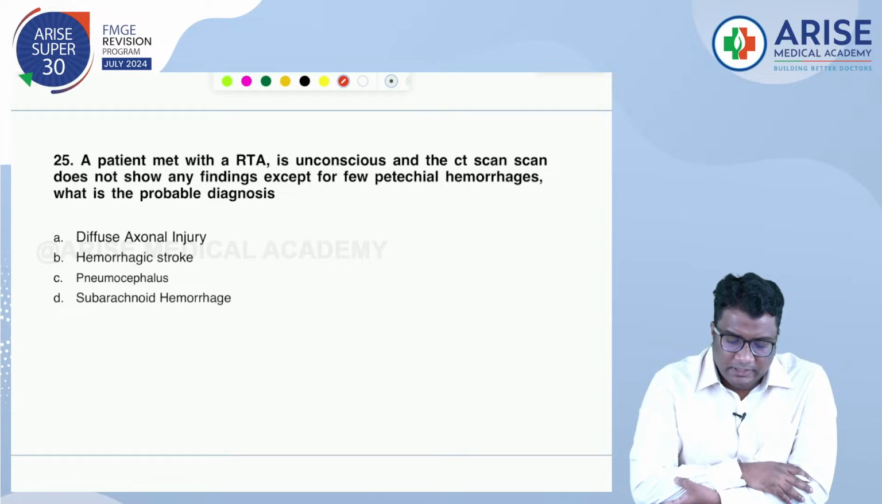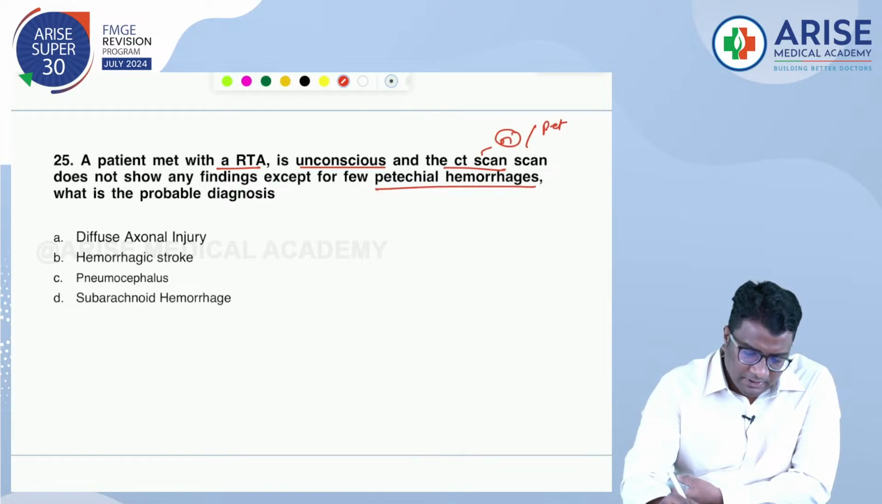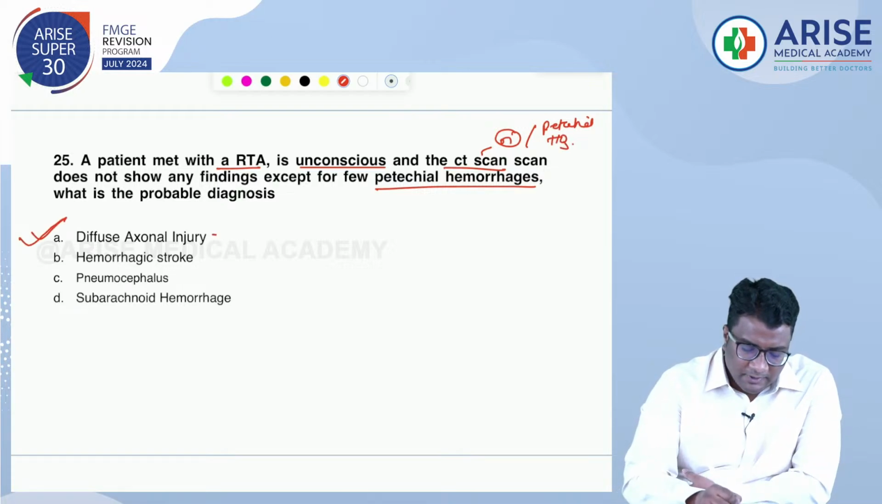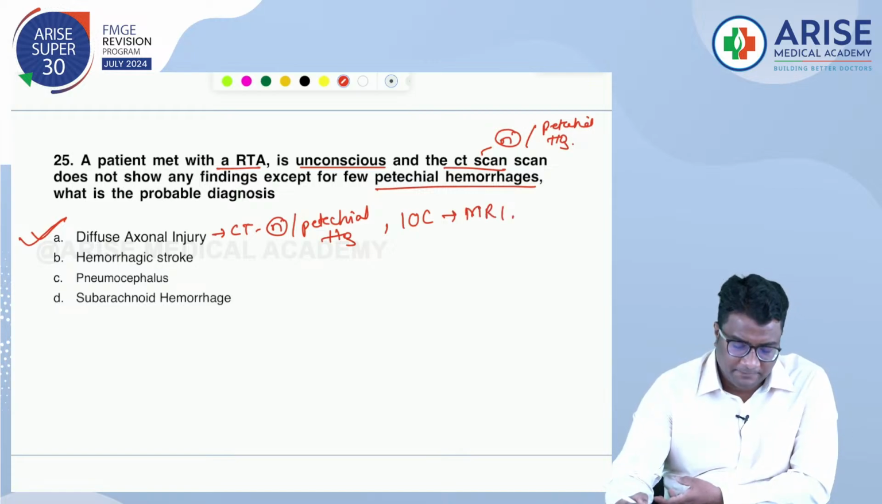Next one, a patient with RTA is unconscious and the CT scan image does not show any finding except for petechial hemorrhages. What is the probable diagnosis? 25th, what do you think this is? Very good. So you're having an RTA patient who is unconscious. CT scan is normal or may show just a few petechial hemorrhages. This is classic diffuse axonal injury. Remember, CT scan can be normal or shows petechial hemorrhage. What is the investigation of choice? The investigation of choice for diffuse axonal injury is also MRI. Diffuse axonal injury is MRI, right? And